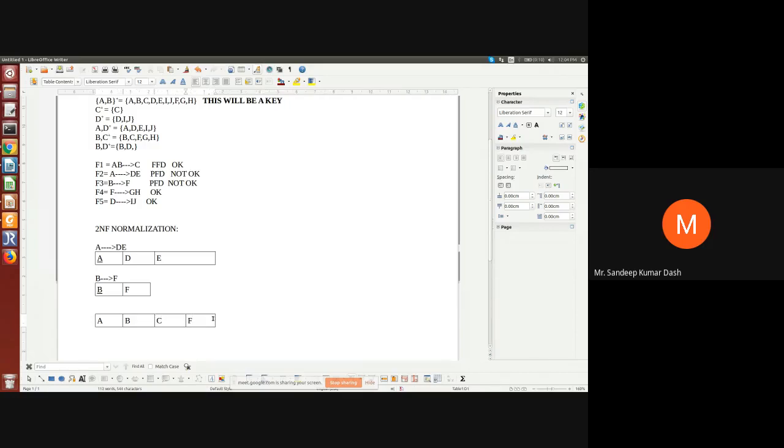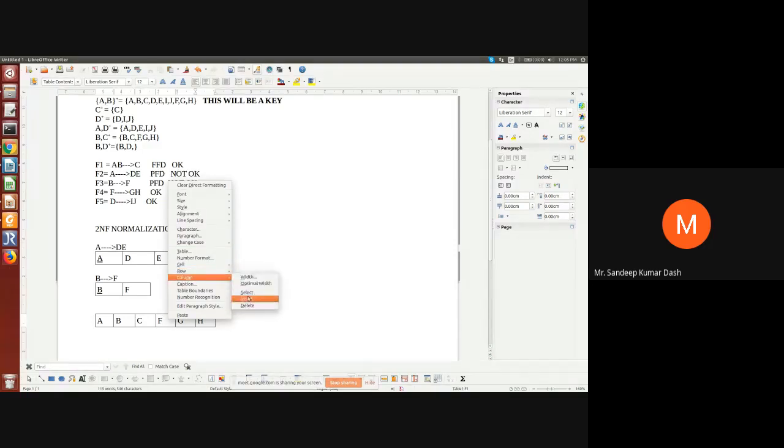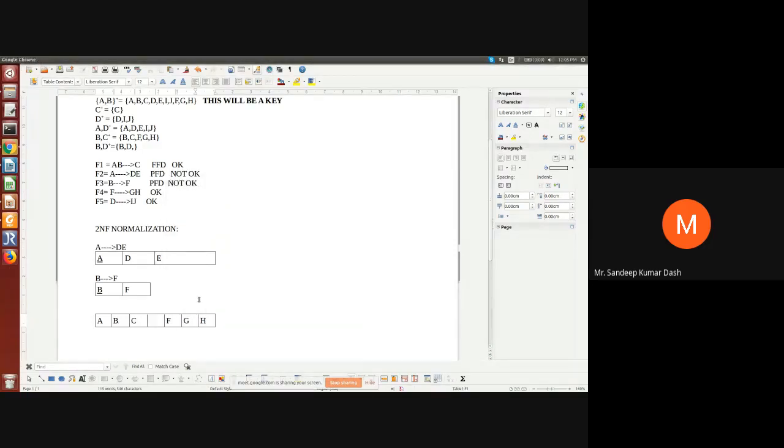We can have F here, F determining G and H here only. Then D determining IJ. So D was here, no? D determining